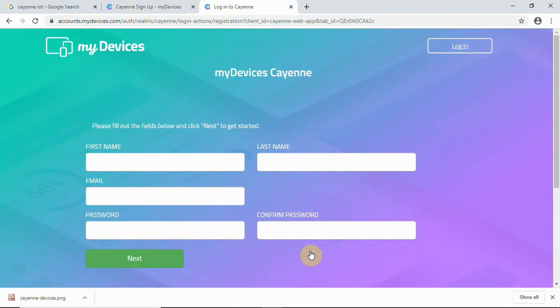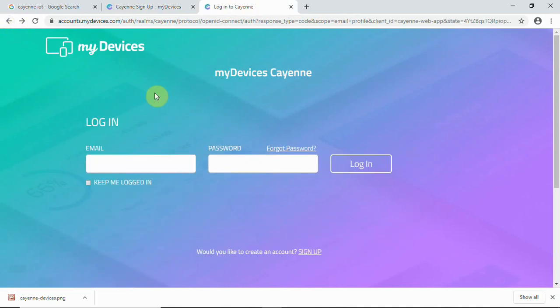Once we have clicked on sign up, we can enter our first name and last name, email, and then your password and confirmation password. Once it is done, you can give a verification from your email, and then your login will be ready. It's a usual sign up procedure which you can find everywhere. Once it is done, you will have your login, that is, you can enter your login credentials and then get into the Cayenne website.